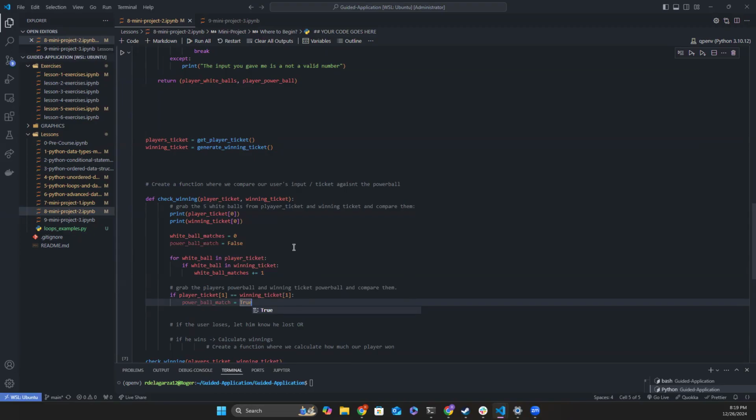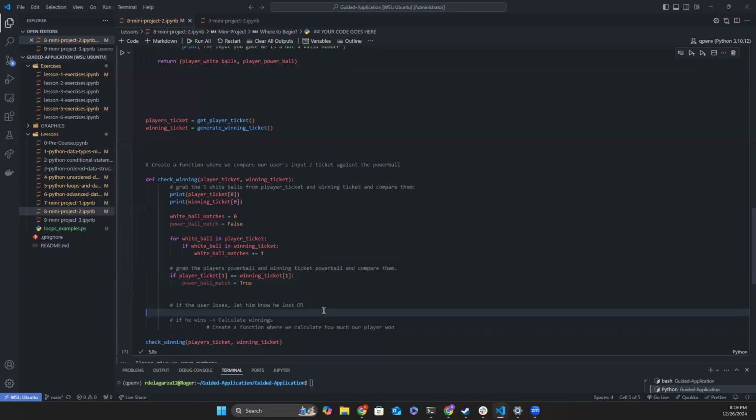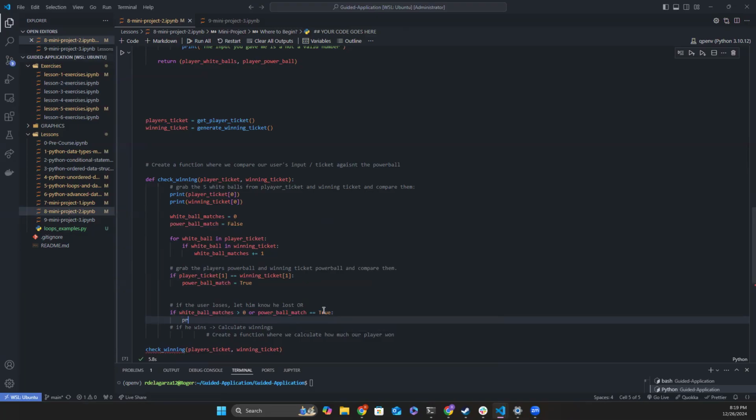And now we have our count of how many matches of numbers we have, and we have whether we've matched our Powerball or not, right? And then, to simplify this, we'll say if white ball matches is greater than 0, or Powerball match is equal to true,